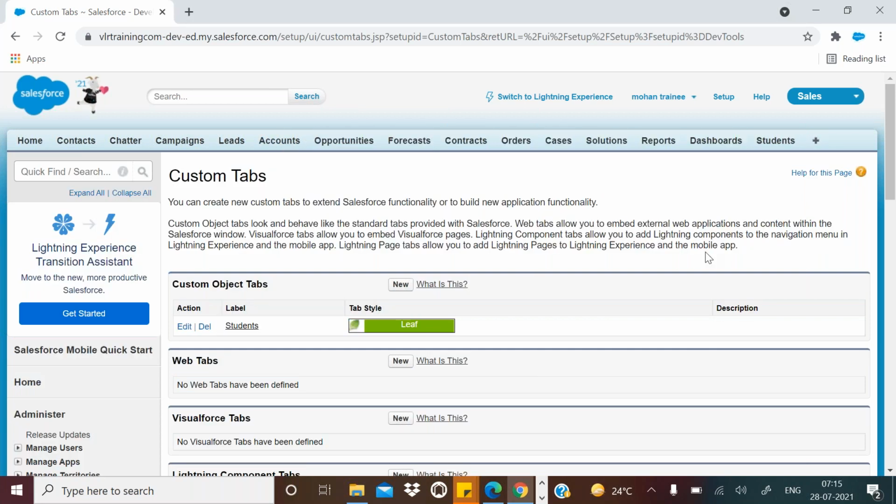Because why I'm saying this is, if you go to a project, in some projects the opportunity name is changed to a different label name. Okay, account name is changed to a different name based on their project. So you are going to see that in a few of the projects. So definitely you will get confused about how these names got changed and what these objects are.